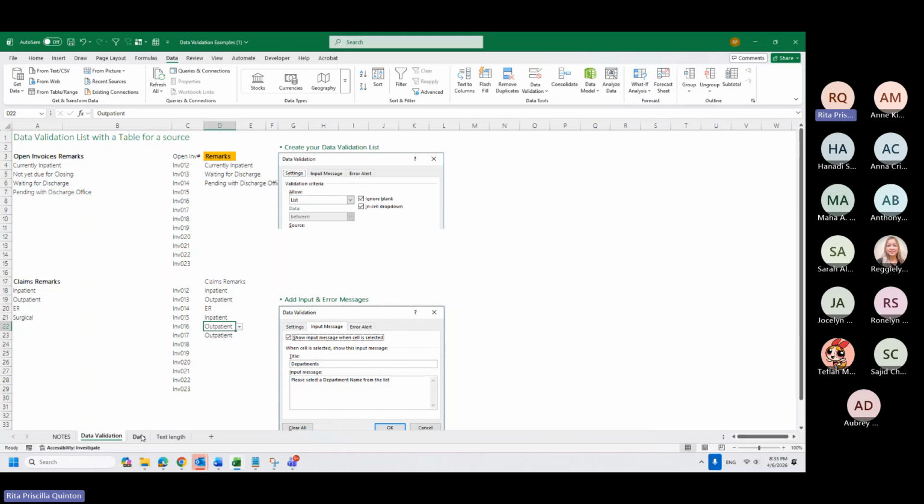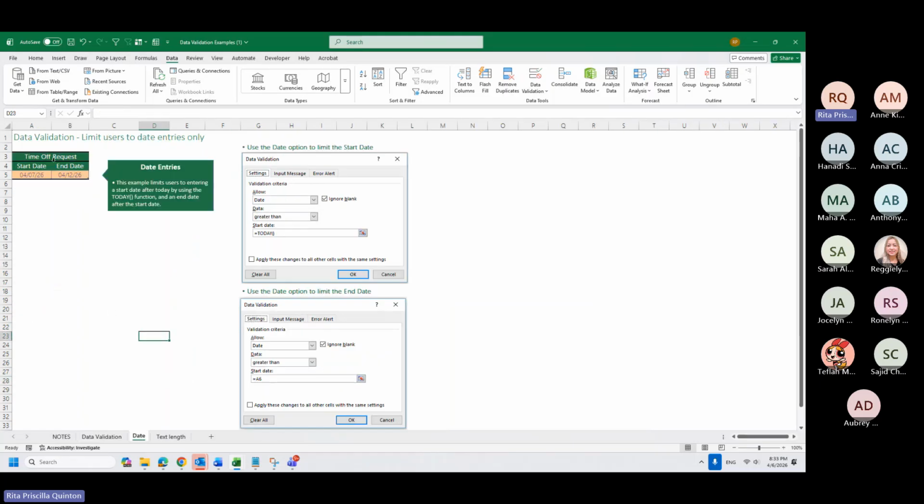We can also use it with dates. So for example, you are timekeeping and you want the start date to be only from tomorrow, since you will handle leaves, for example.